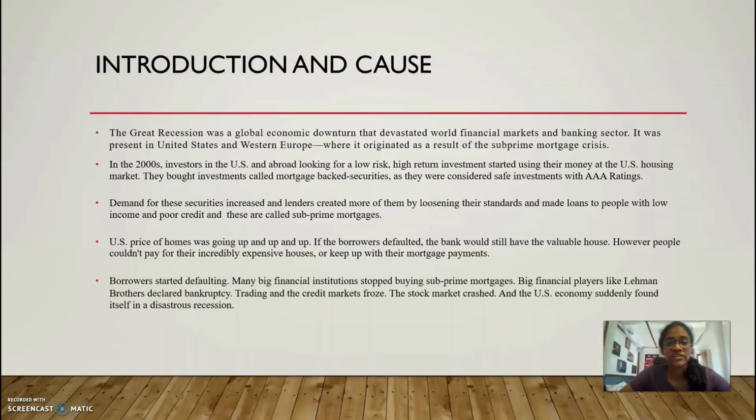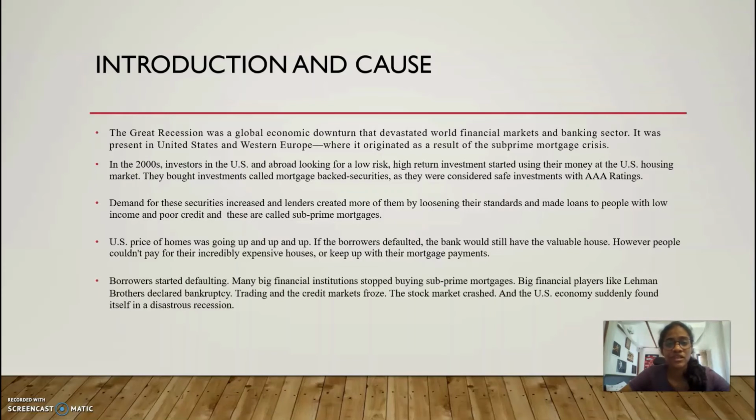So in 2000, investors in the US as well as abroad, looking for low risk, high return investments, began pouring large amounts of money into the US housing market, as they felt that they could get a higher interest rate from the housing market than by investing in treasury bonds, etc. However, they didn't just want to buy individual mortgages, as it was quite a hassle to deal with individuals. So rather, they purchased something known as mortgage-backed securities, which was basically thousands of individual mortgages that were bundled